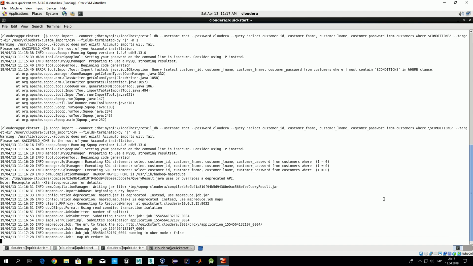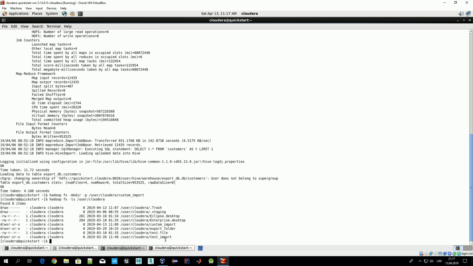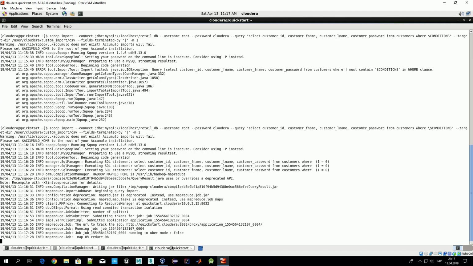Okay, so map reduce, and okay, so in this custom import there should be some data in a few moments. So it will take some time. While we are waiting,